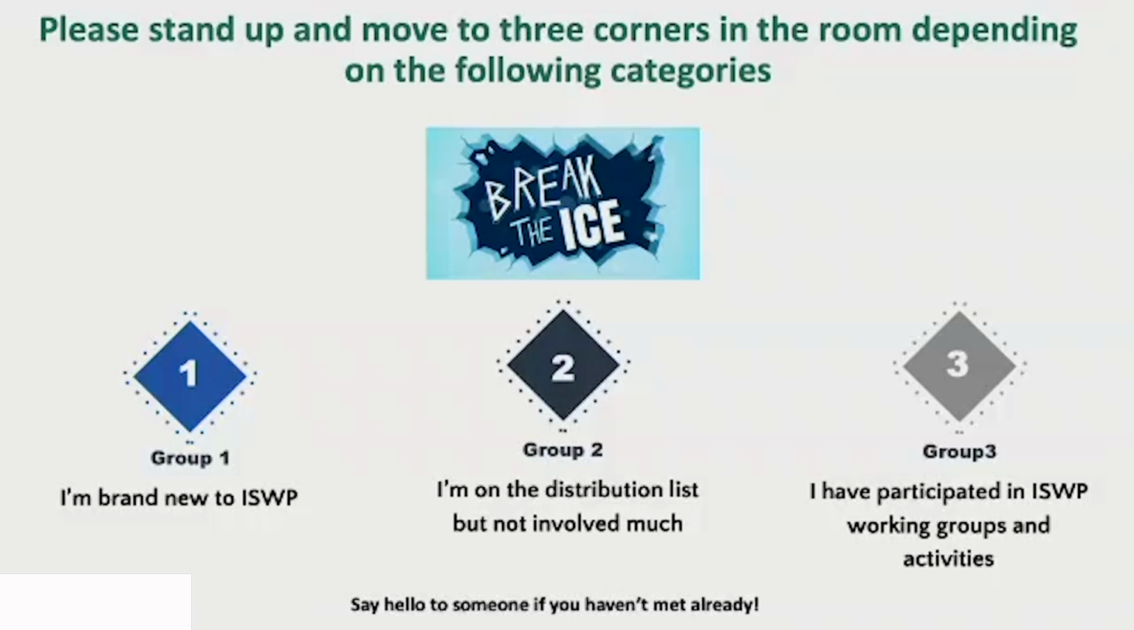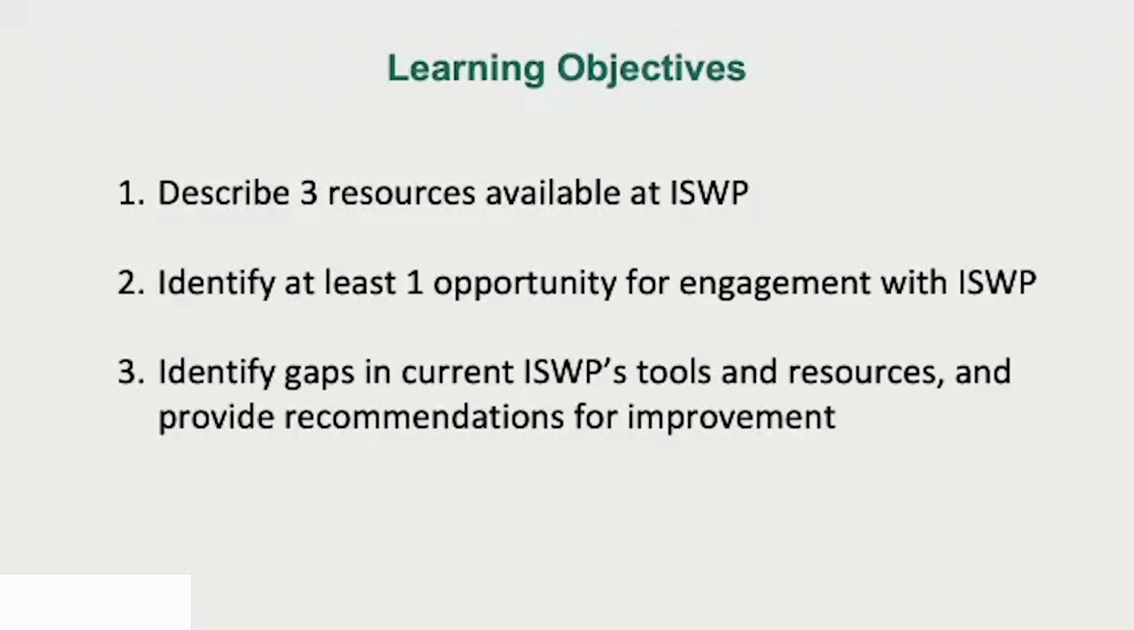And say hello to each other, meet each other if you don't know each other. So group 2 is in the back, you're on the distribution list, but you haven't participated much. And group 3 is over in that corner. You've participated in ISWP working groups and activities. Great. Now that the ice is broken,